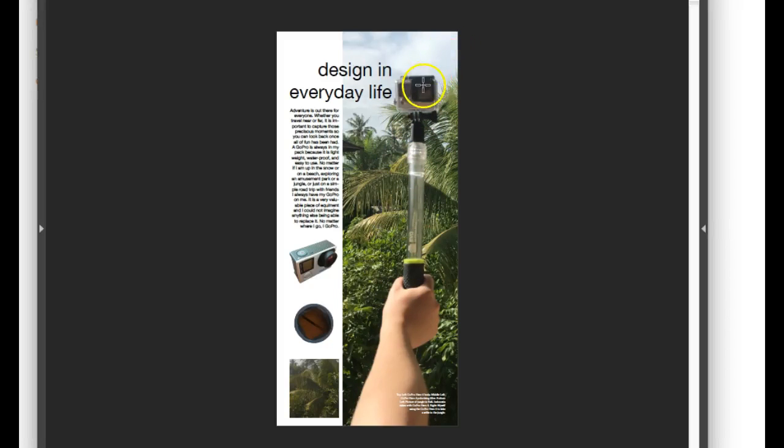I would just have a giant macro, just a huge close up of maybe just the lens. And I would have it coming like this, bleeding off two sides. And the lens wouldn't necessarily be pointing right at us. It would be focused this way. See what I'm saying? That would be my big shot there.